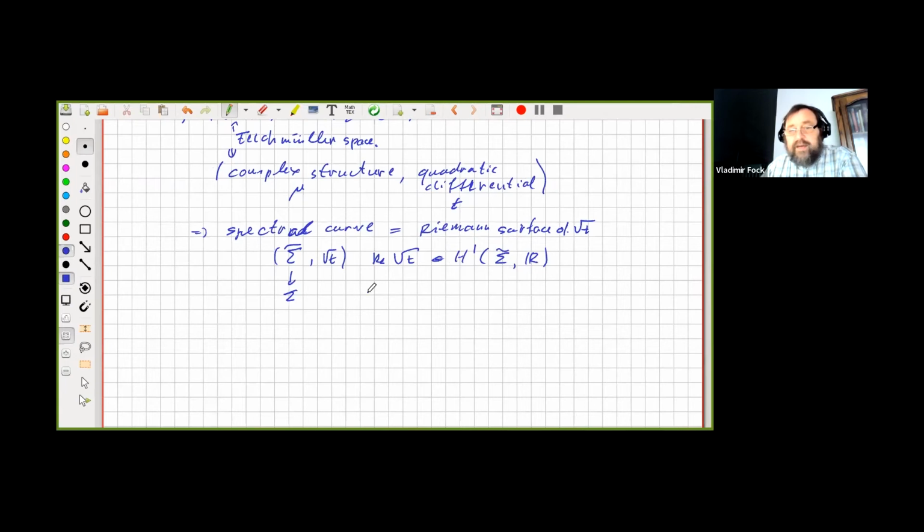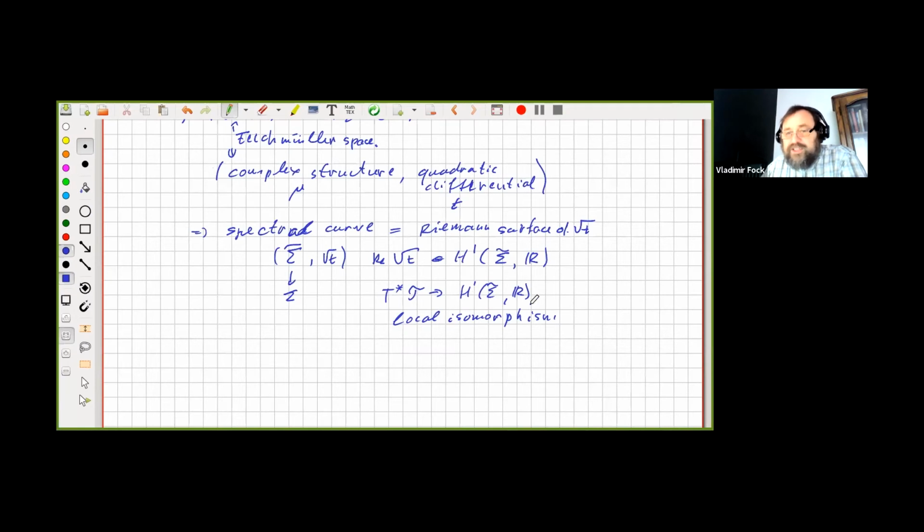And the claim is that there is a map from T star of tau to H1 of sigma tilde and R, and this is a local isomorphism. Why local? This is something which, for me, was a point that was difficult to understand at the beginning. So the idea is the following: